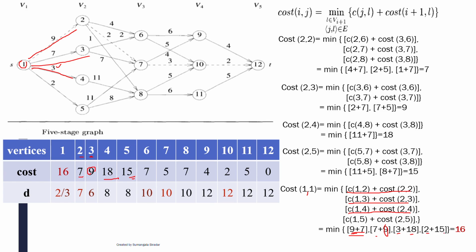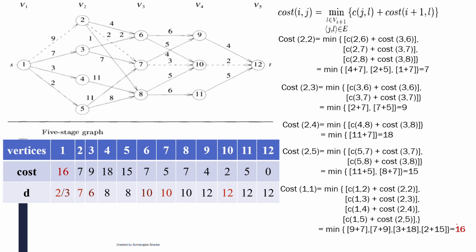So if you add up among this, you will get as a minimum as a 16. For this one you will get as a 16, and for this one also it is 16. For remaining you will get as a 20, 21 and a 17 here. So now these two you have to consider here. At the end you got a minimum cost as a 16. So 9 plus 7, 16. Which vertex, which edge cost, it is 1 to 2, means which vertex you have to consider here, 2. If you take as an adjacent vertex as a 2, then also you got as a 16. If you consider the next one also, 1 to 3, third as an adjacent vertex, then also you got the cost as a 16. So in this way you will get the solution.